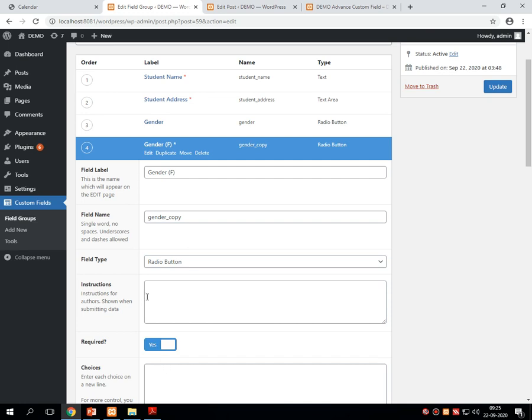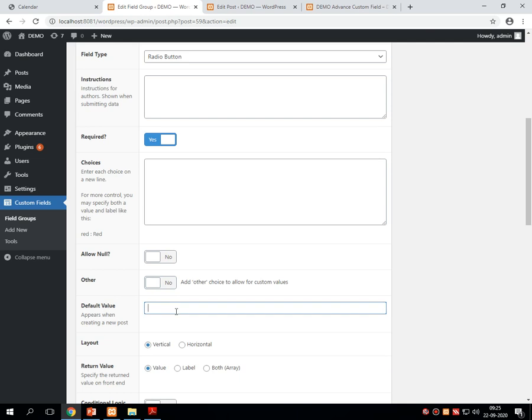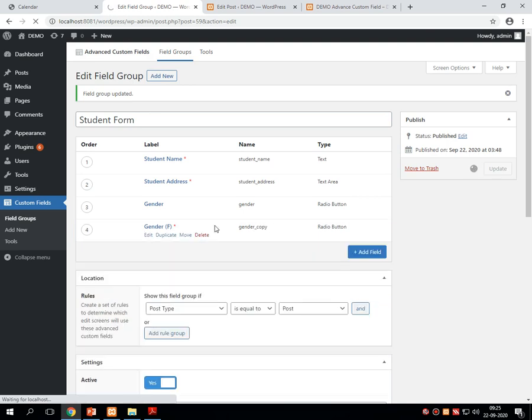Required, default value, where is the default value? Default value is female. Let me check by updating the things. Even I have to edit this male also.